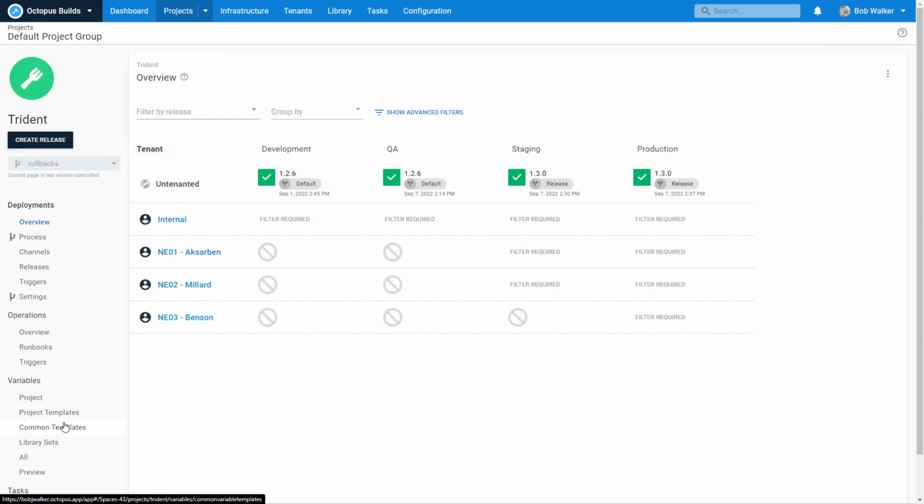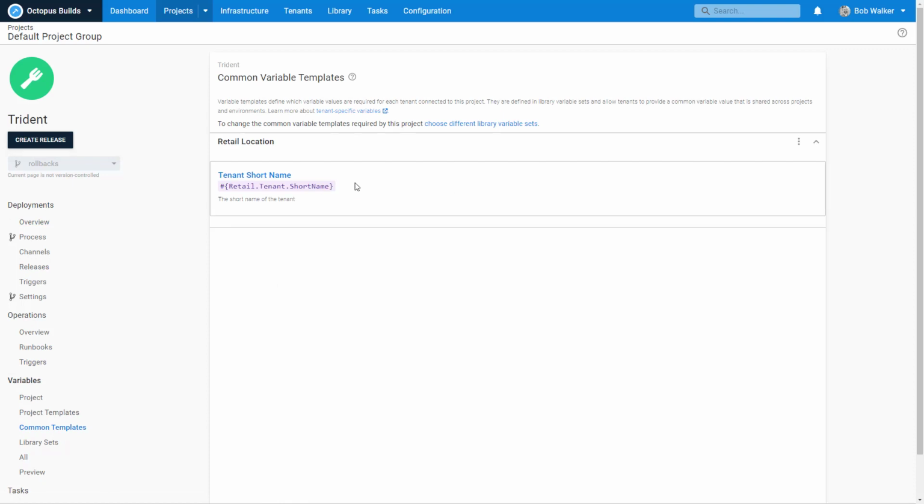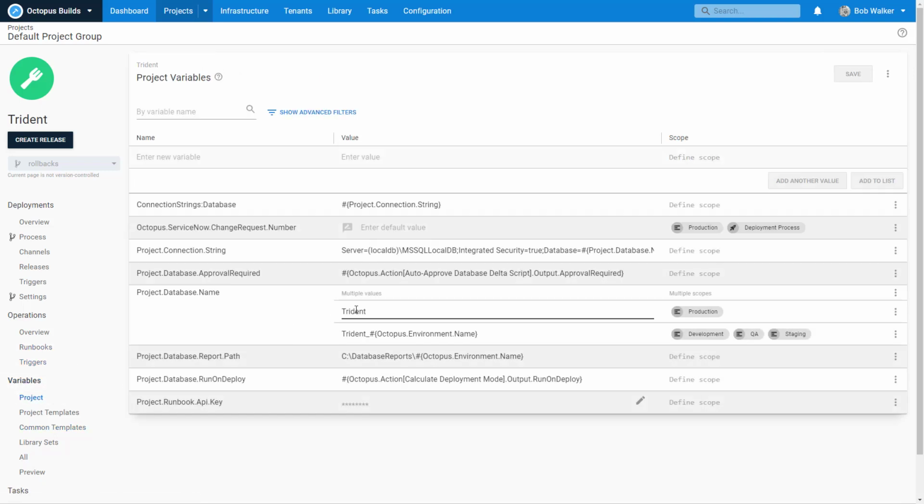So I have those common templates, retail.tenant.shortName, and so I'm just going to copy this in here. And what I'm going to do is change my variables. And so this is just going to be,